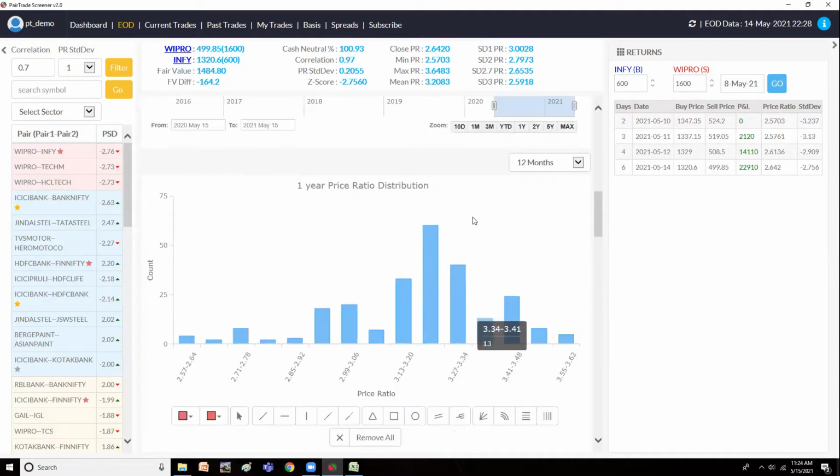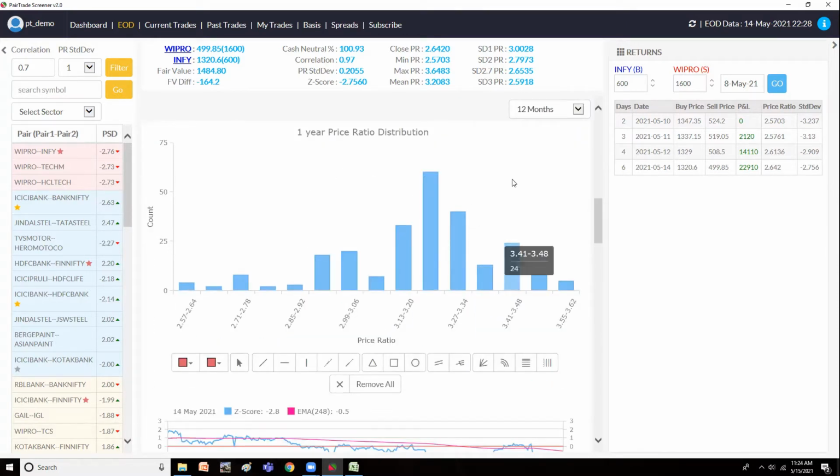If you look at the price distribution chart, it will tell us how the data is distributed. As we have seen, if it is in a bell curve way, we can say that the data is normally distributed. So when you calculate the mean, median and mode, all will be in the center. Here the mean is 3.20, that means this is 3.21, which is in this range, 3.20 to 3.27, right? So the mean is at the center, the mode is also here, and the median is also somewhere here.